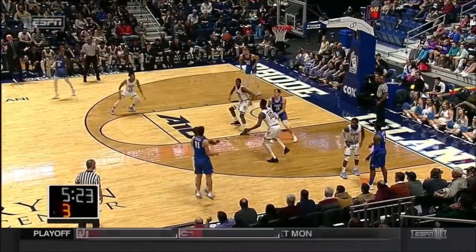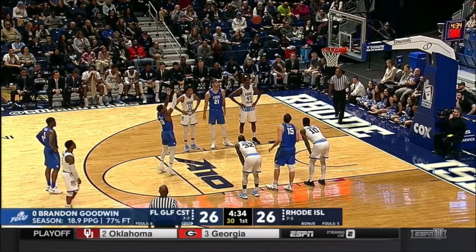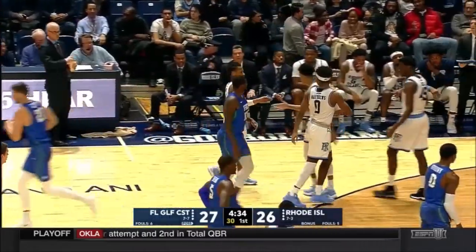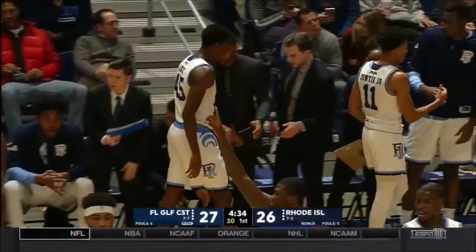You take a look at him right here with that pass across the court, just recognizing the mismatch, the height advantage that Brady Ernst had, and then the possession after that on the break, knowing that Goodwin is flying down the left side and making sure he gets the ball, Will, by the three-point line, not close to the basket. Give somebody with the athleticism of Goodwin a chance to create in space, and that's how